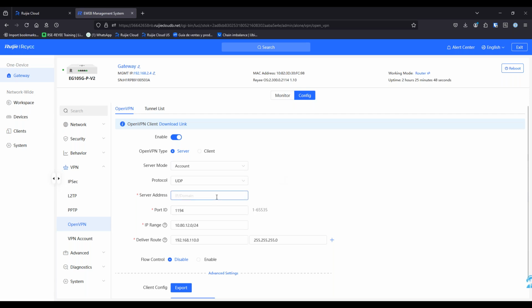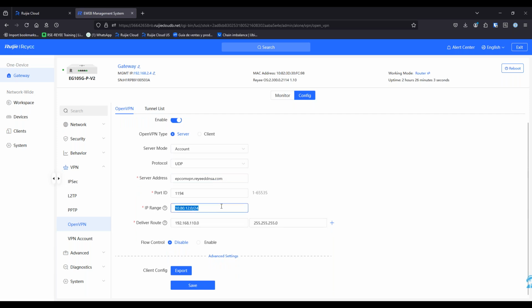And the server IP address is going to be my dynamic domain name that we just created, right? That is tied to my public IP address. The default port for this protocol is 1194. It's going to assign me a range from the subnet. That is something that is default, but you can even change it. But for today's purposes it's going to be